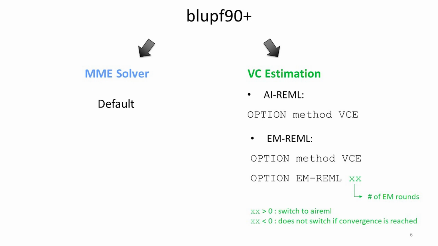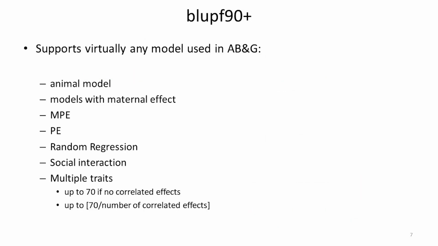And this is how you use BLUPF90 to estimate. You just tell the program, instead of running the default BLUP or mixed model solver, you do REML. And the interesting thing about BLUPF90 Plus is that it was written in a manner that is easy to extend,